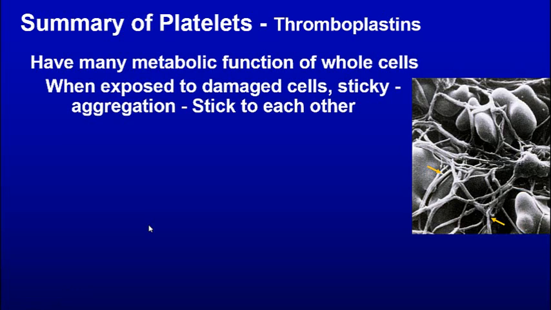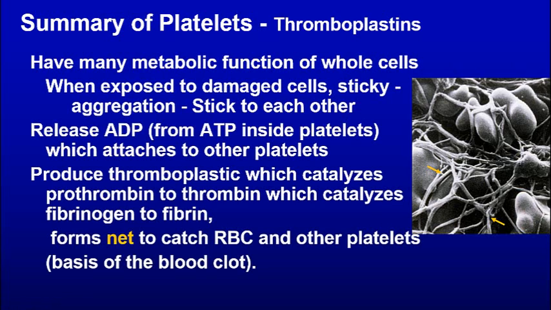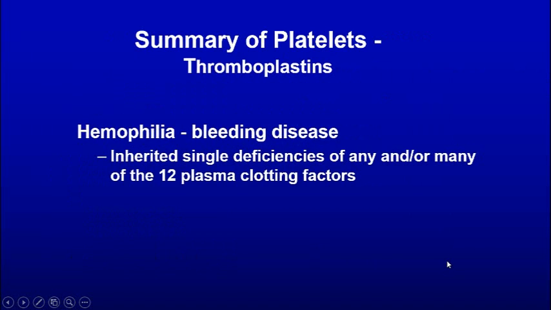So in terms of platelets, they have many metabolic functions of whole cells, but they don't have a nucleus in mammals. When exposed to damaged cells, they are sticky and cause aggregations to stick to one another. They release ADP from ATP inside platelets, which attracts other platelets. And it produces thromboplastin, which has the cascade to produce fibrin, which forms the net. And here we can see the net, which is formed inside there, the basis of the clot. So in summary, our platelets,